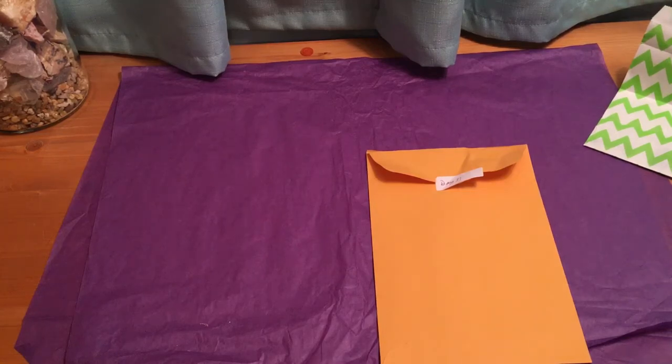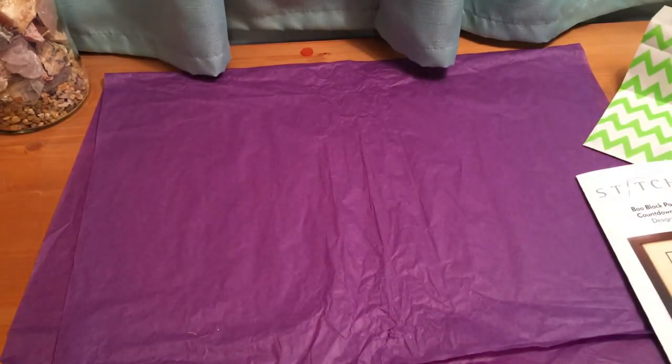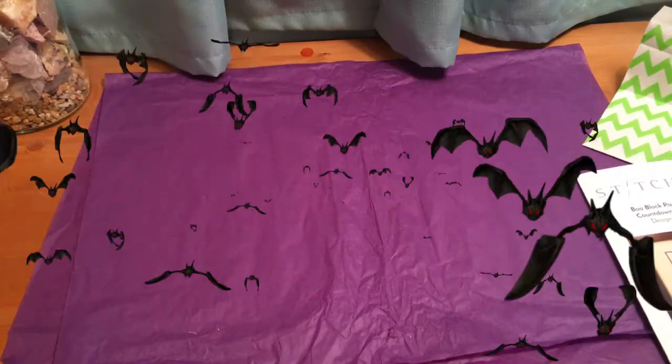Yeah, you can stitch up your Boo Block Party using the goodies from the Countdown Halloween box or using items from your own stash. That's what it says in there. I don't think there's a card in here, but that's what it says on the inside, just underneath the pattern. Yeah, so that is it. That is everything from the